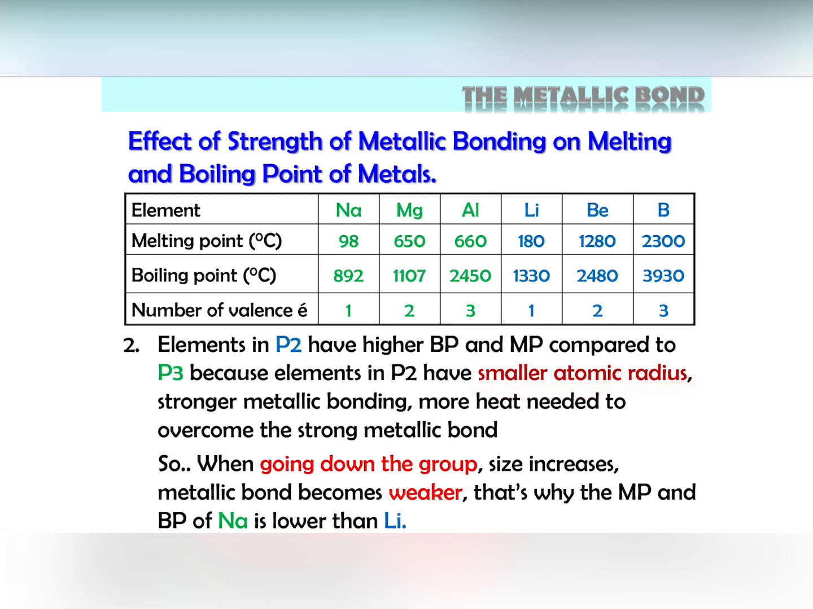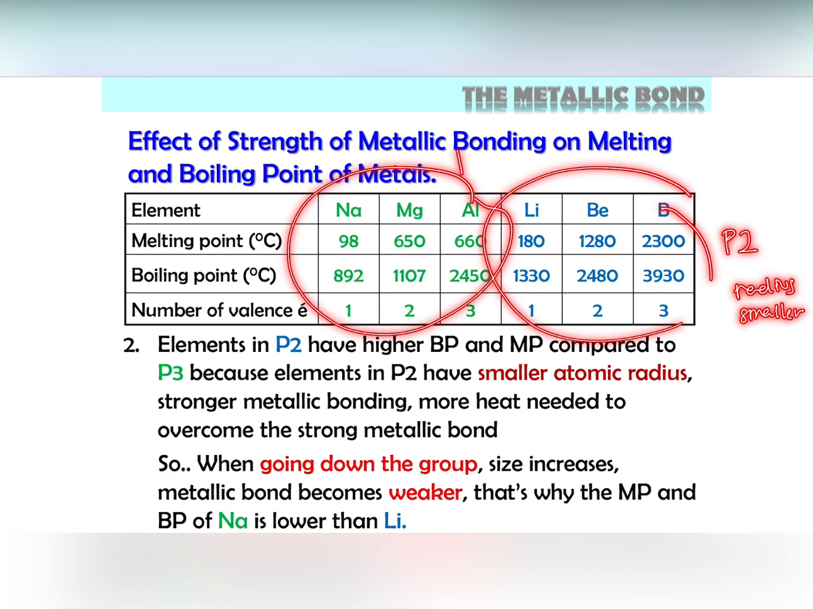So, kalau kita tengok relationship tadi, the strength of the metallic bond is directly proportional to the number of valence electrons, but inversely proportional to the atomic radius. Okay, so you can see, untuk these elements, since they are in period 2, maksudnya dia punya radius smaller compared to these 3 elements in period 3, maksudnya this sodium, magnesium and also aluminium, radius dia